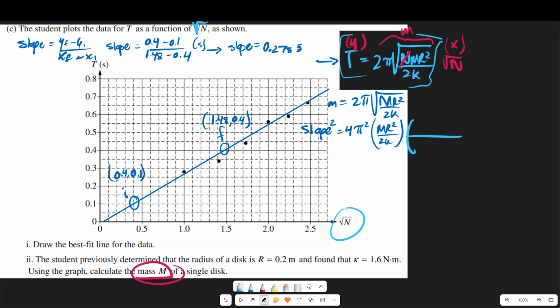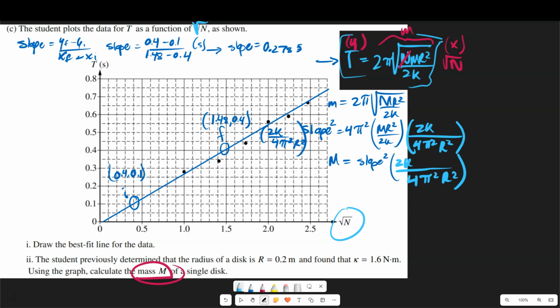So if you look on the right hand side, if we want to get m, then we're going to multiply by a fraction. I'm actually going to use a different color. I'm doing that on purpose because it's going to make it easier to visually see what's going on. We definitely need 4 pi squared below, and we need 2 kappa up top, and we need our r squared below as well to isolate for m, and then we need to multiply by the same thing over here. And if we do that, we should end up with our mass. So we could say mass is equal to